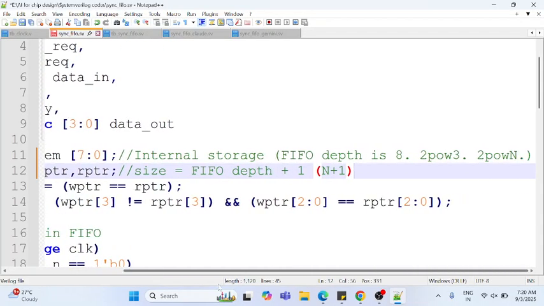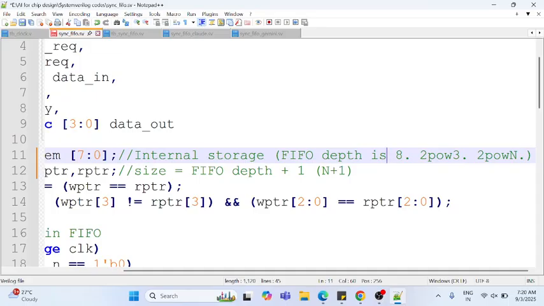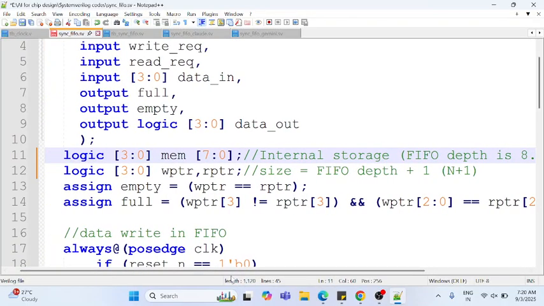If you fix the FIFO depth as 8, for example, so you can write in 8 locations. Actually, it is related to the number of bits that you are allotting. You are allotting 3 bits for the FIFO depth representation. 3 bits means you can write in 8 locations. So if the FIFO depth is represented in 3 bits, then the read pointer and write pointer width should be